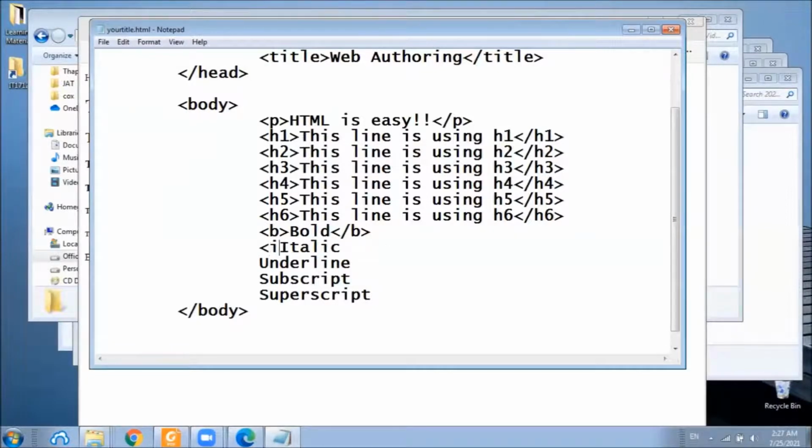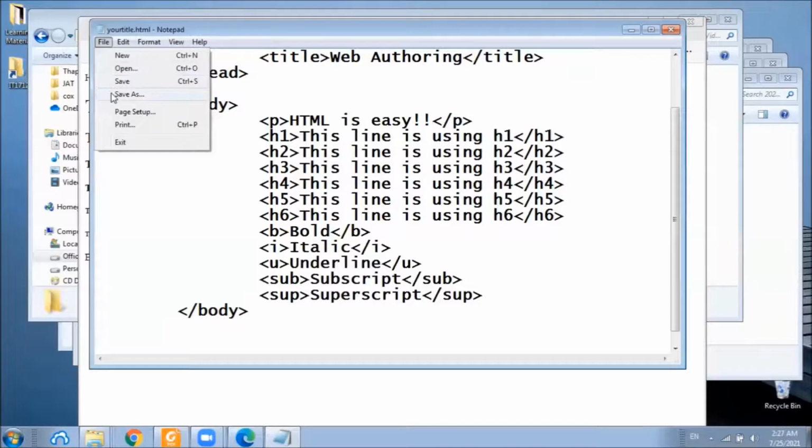Similarly, I is responsible for making the text italic, and the U tag is responsible for making the text underlined, and making the text as a subscript, and finally making them superscript.